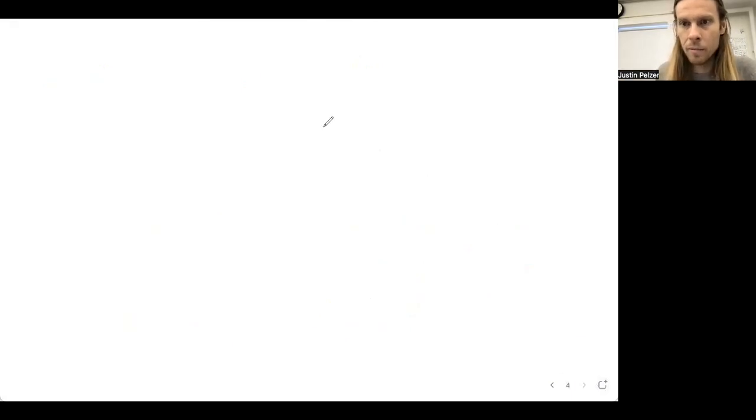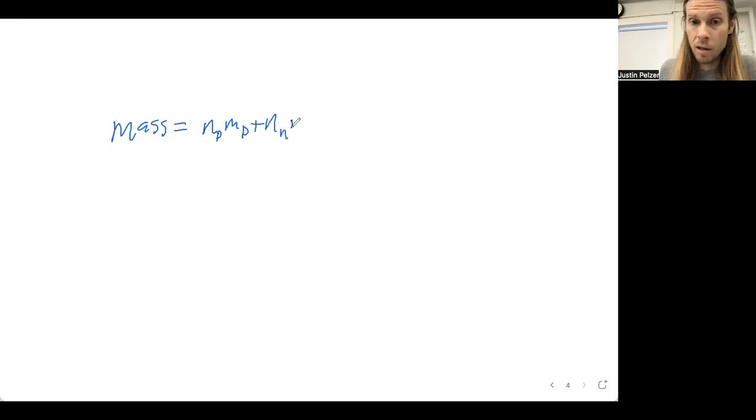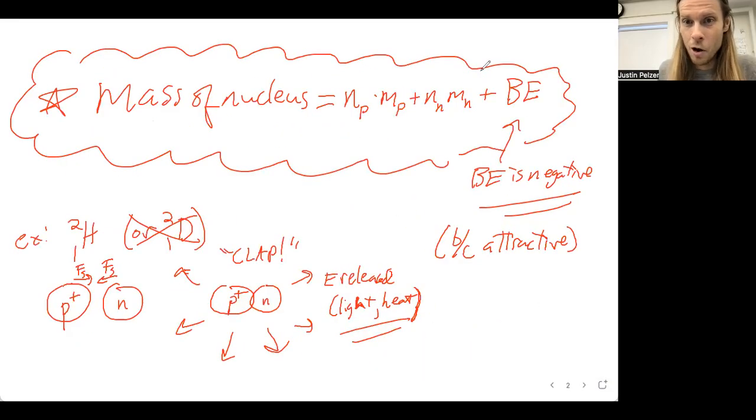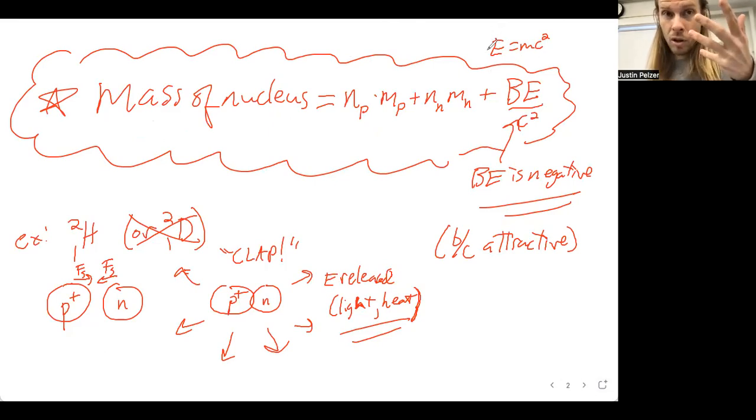Oh, that's easy, right? Because the mass is going to be the number of protons times the mass of a proton plus the number of neutrons times the mass of a neutron plus the binding energy over c squared. I should have emphasized that. I realized I forgot that in the other equation. Over c squared. That's a big deal because remember E equals mc squared. So to solve for mass, what is mass? Well, divide by c squared. Mass is the mass that's taken away by binding energy will be,